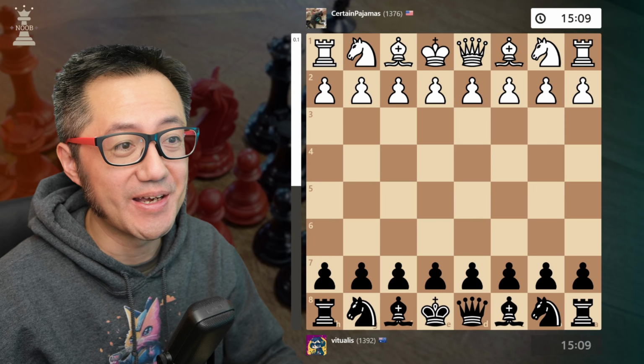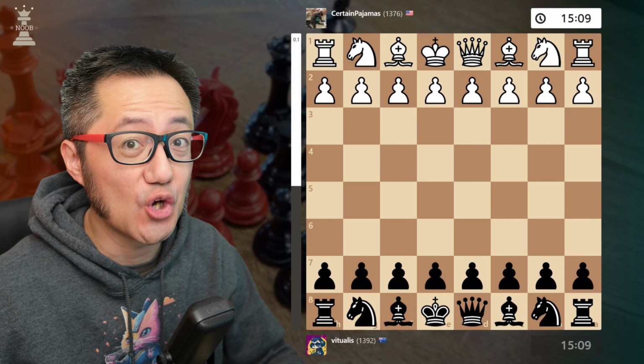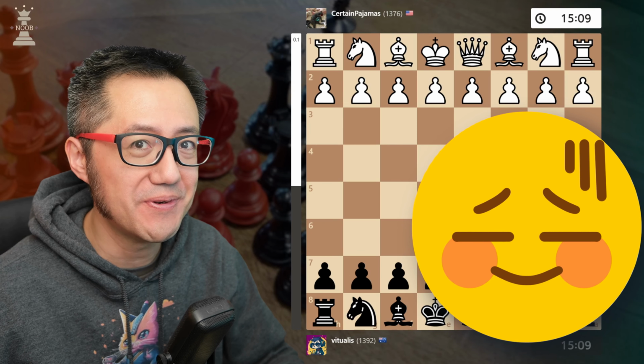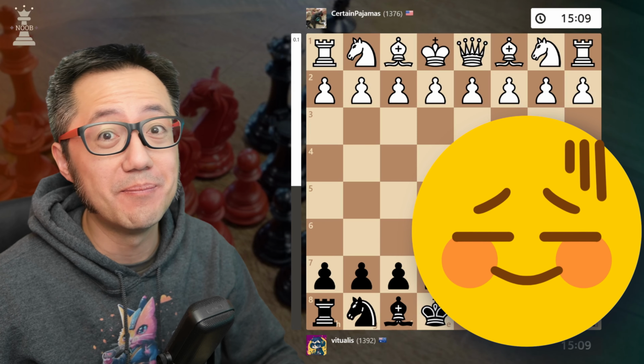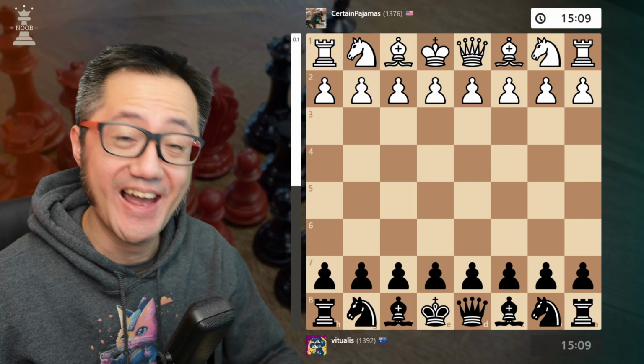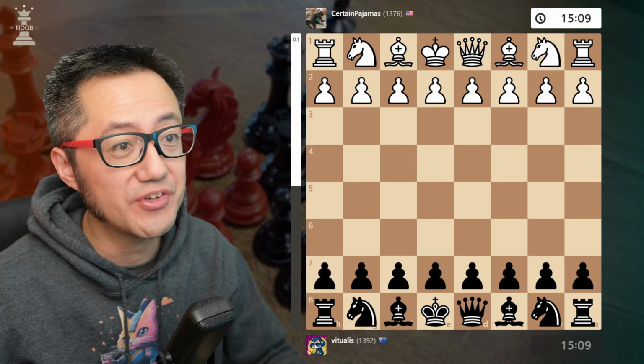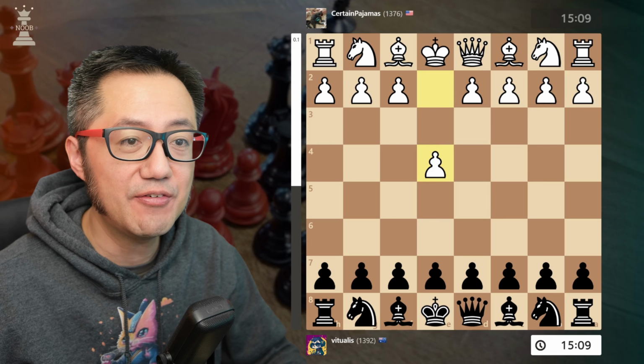Now, in this game, I played against the Scotch Gambit again, and I completely stuffed up the opening, and yet somehow by move 20, I had the win. Let's see what happens. So, I had the black pieces, of course, and the Scotch game begins with e4, e5,